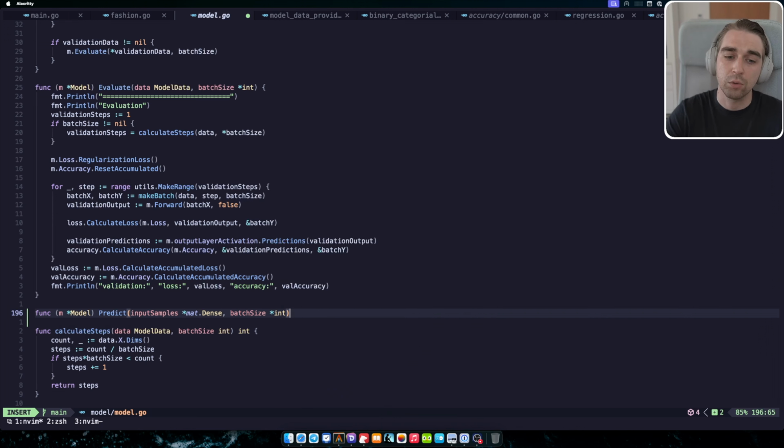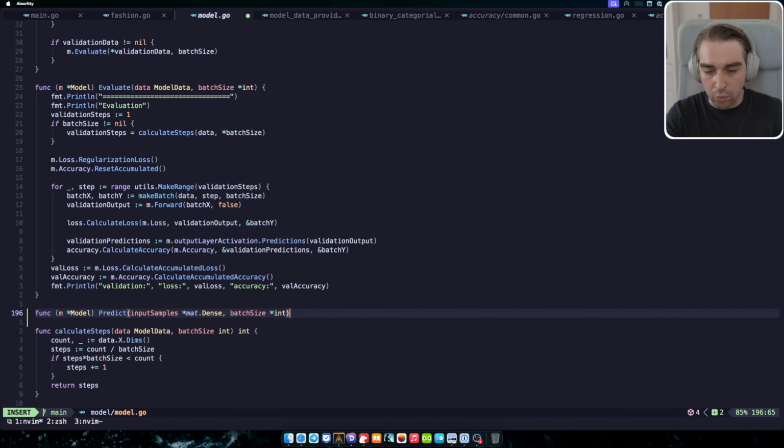This is a very good question. There are two options. The first one is to return the dense and then work with it, or I should return something else. Yeah, I think the predict will return the dense because in one case it could be